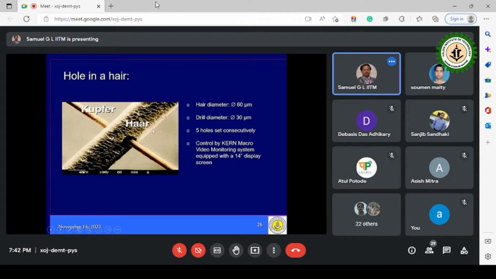But here, the hair which has been used for this machining is from the secretary of the company called Kern Machine Tools, which is in Germany. Usually women have thinner hair, and Europeans have the thinnest, Africans have thick hair, Asia and the Middle East smaller size, and then Europeans even thinner hair. So they could take a 60 micrometer hair, and then they could machine a 30 micrometer hole.